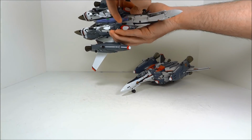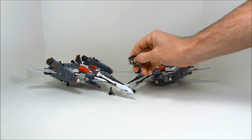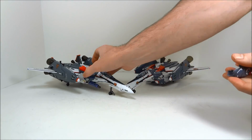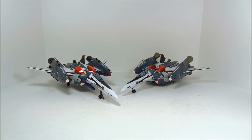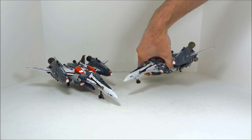Oh, it's kind of pegged on pretty good right now. One thing to show you that I didn't show you earlier, there's a little silver dot in there. It's theoretically a magnet, I guess. I can't swear that it does anything, so it's there, worth noting. Alright, anything else? Gun is stowed on both these toys,